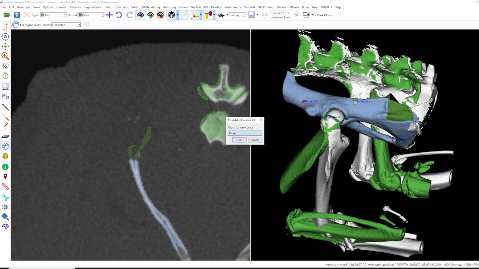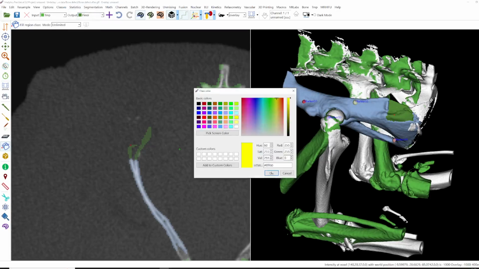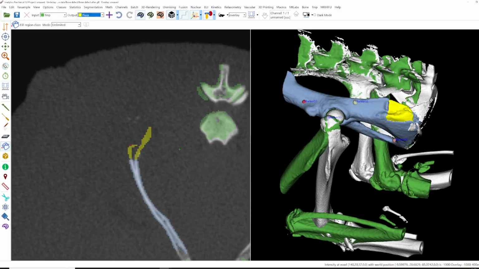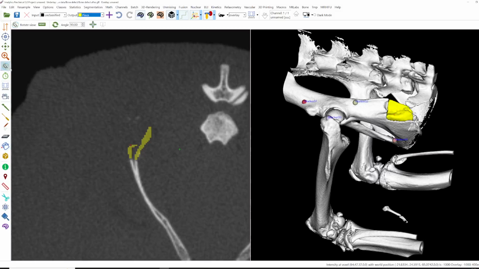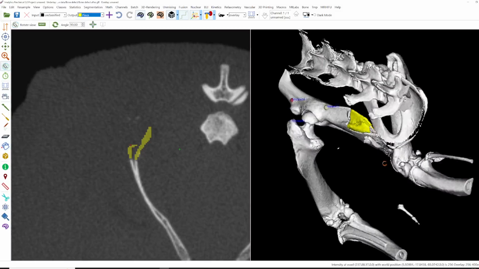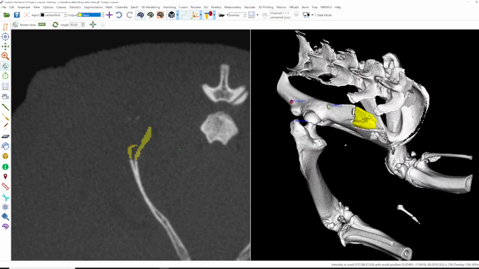Go to yellow. And now you nicely see that we have this missing part or missing bone segmented. And we can delete the other classes because we don't need them. The temp class and the left hip. And yeah, we can investigate it a little bit in 3D.